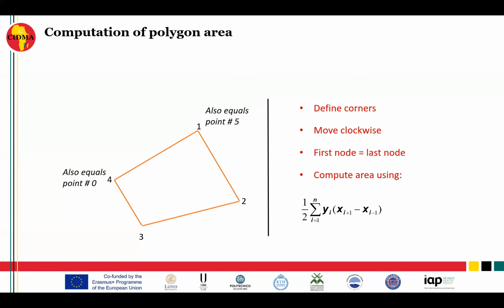And this one deals with x(i-1), which is this one. So it will use the coming coordinate pair and subtract the coordinate pair that was behind it, or i minus 1, and multiply it by the y value for the first corner. And then it will move to the next